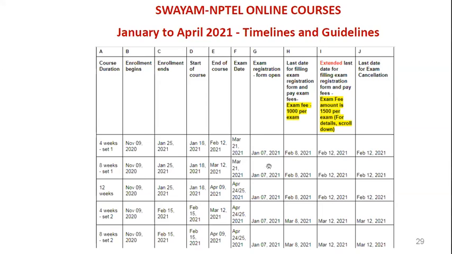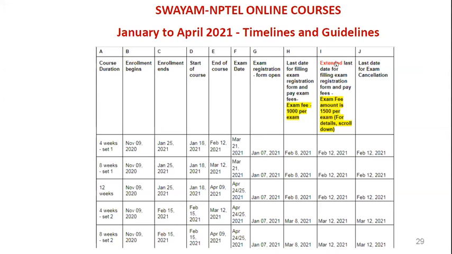Then exam dates also they mention. Here you can see the final exam dates are also mentioned. So whenever students take the exam, you can check whether it is clashing with university examinations or internal exams. Accordingly, you can plan a schedule. Then exam registration opens, the exam form opens even on January 7th itself. You can register for the exam by paying the prescribed fee: 1,000 rupees for a normal course. Then if FDP, you need to pay 100 rupees extra. Then the last date for filling the exam registration form without fine. So 1,000 rupees for the exam.